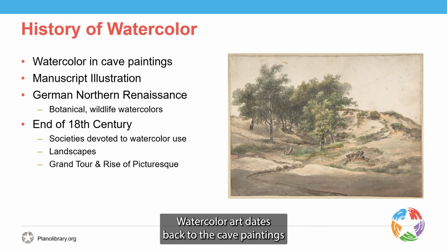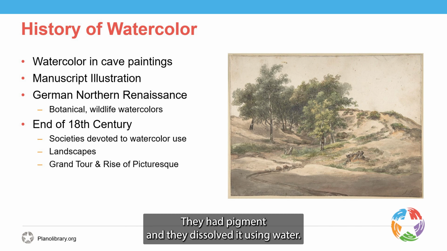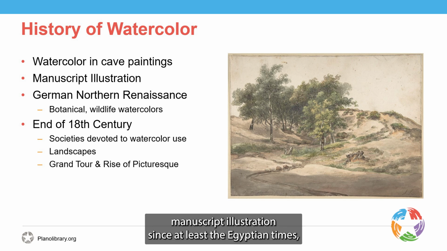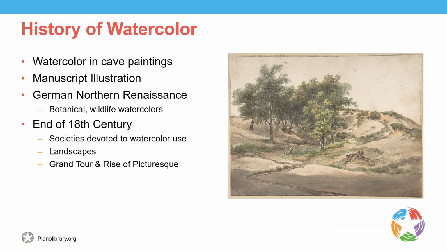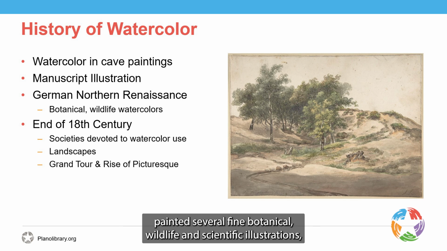Watercolor art dates back to the cave paintings of Paleolithic Europe, which makes sense when you think of cave paintings. They had pigment and they dissolved it using water. It has been used for manuscript illustration since at least the Egyptian times, although it did take particular prominence in the European Middle Ages. During the German Northern Renaissance, artist Albrecht Dürer painted several fine botanical, wildlife, and scientific illustrations,